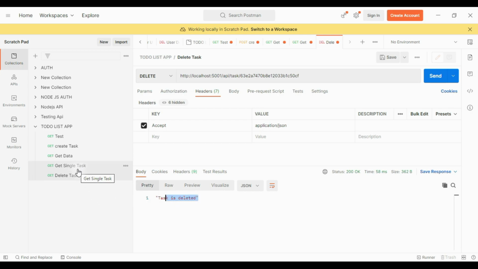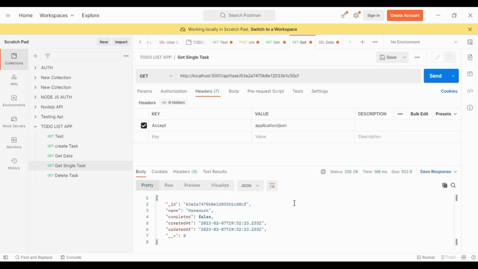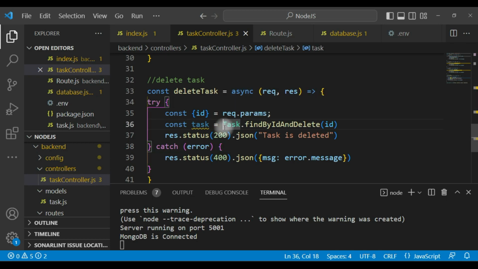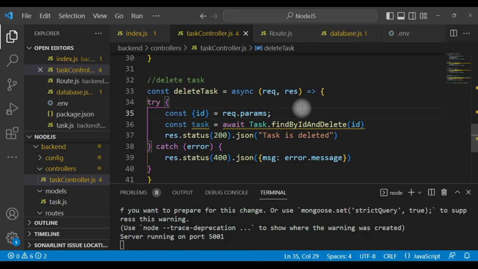Let's go to the single task and send the request. So it is not working. That is because we forgot to mention our await, because it is an asynchronous function.